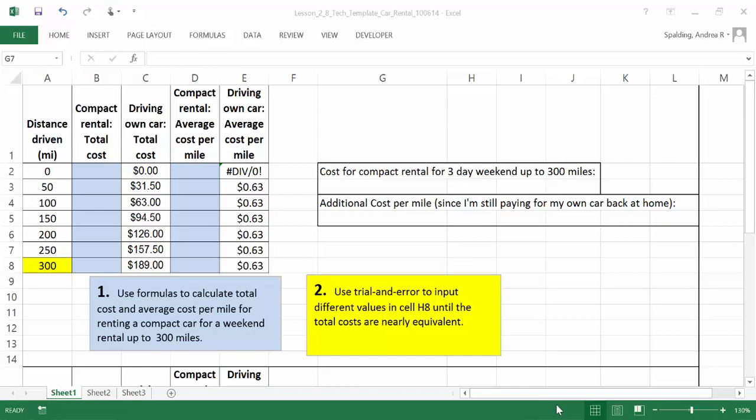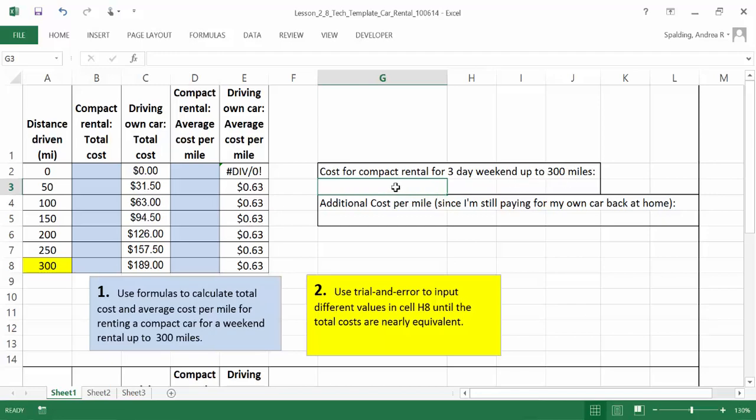In this assignment, we're going to do the same thing that we did in class, except this time we're going to look at the compact rental car instead of the full-size rental car. So a couple of things that we're going to do first here. We're going to make a list. First, we're going to list what is the cost for the compact rental for a 3-day weekend for up to